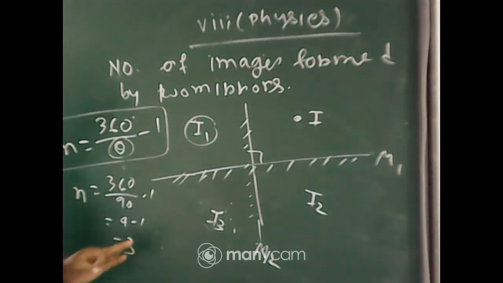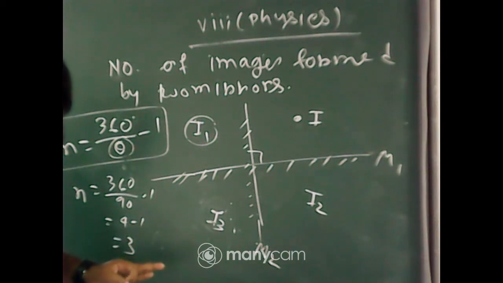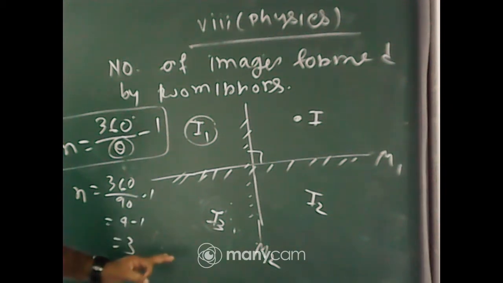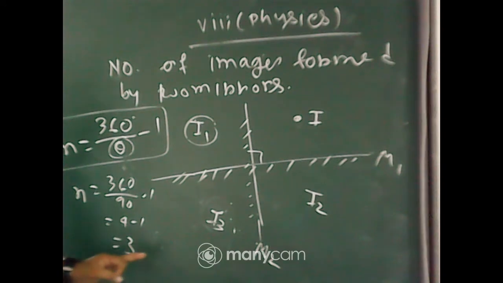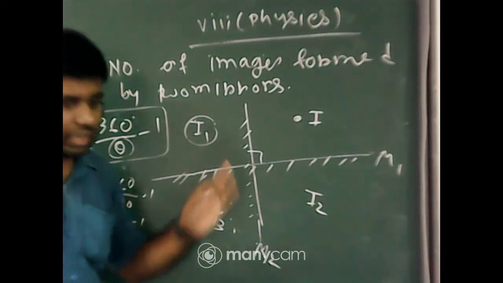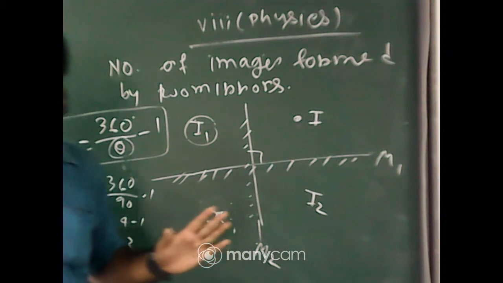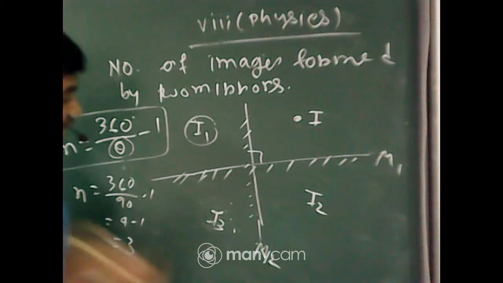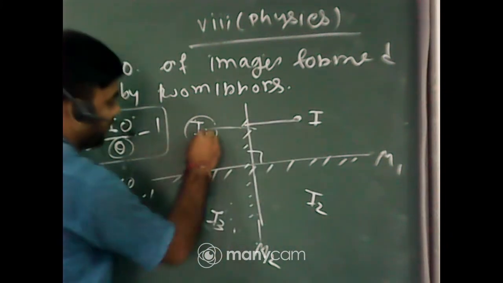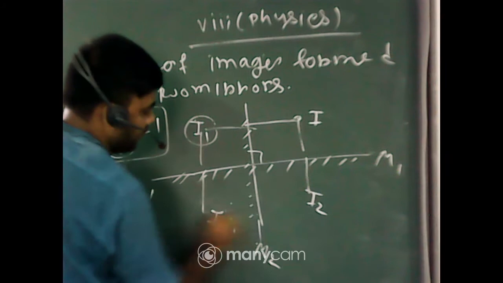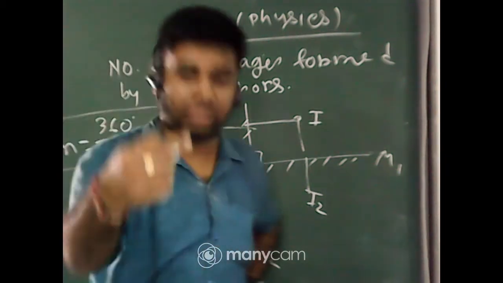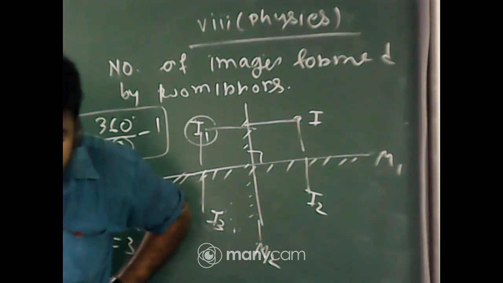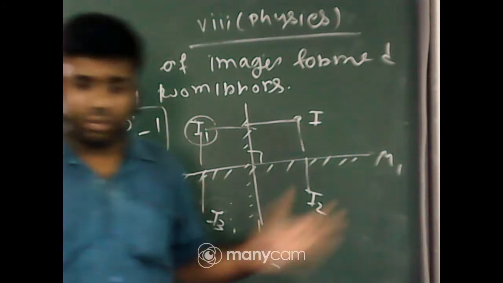Any problem? Understood? Okay, very good. And Chandra, do you need the ray diagram? If you need, then I will draw it. And one thing, remember that the distance will always be the same, because we know that object distance equals image distance. Sneha, if you need, then I will show you.